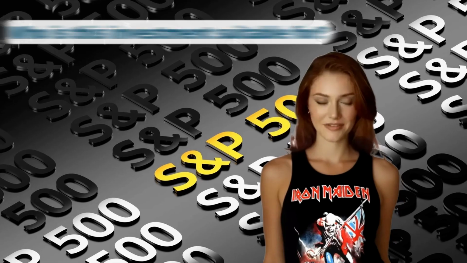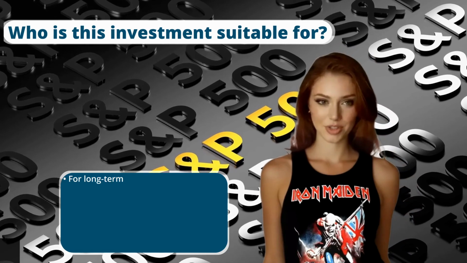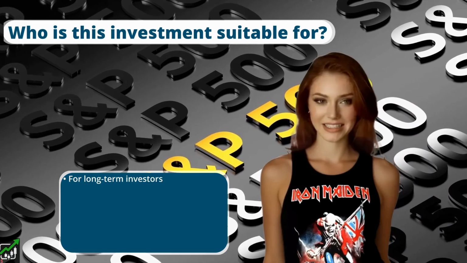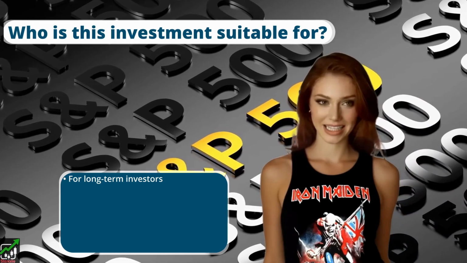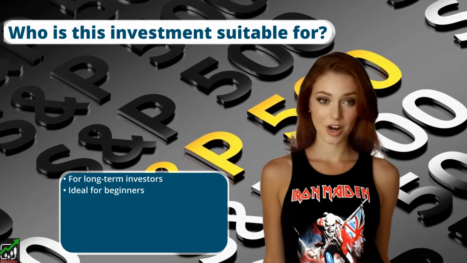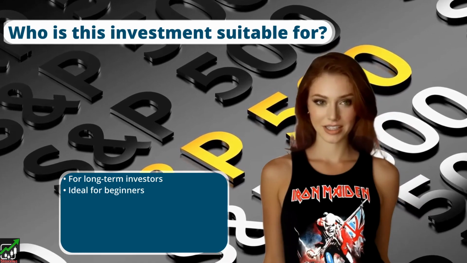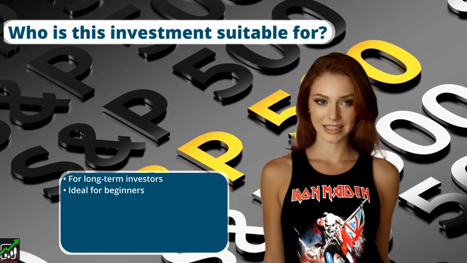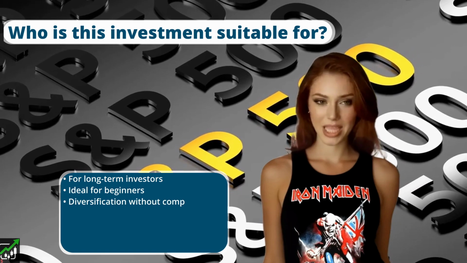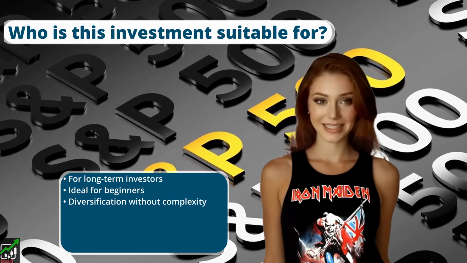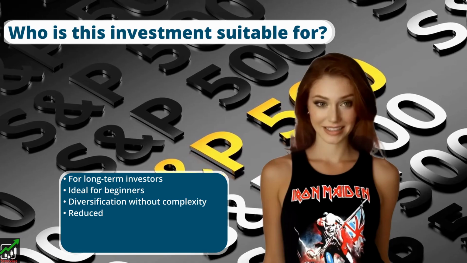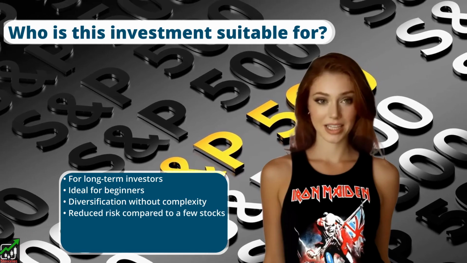Investing in S&P 500 ETFs is mainly suitable for those who think long-term and want to invest in a tool that tracks the largest companies in the United States. It is ideal for novice investors because you do not need to select individual stocks nor constantly monitor the markets. It is also suitable for those who want diversification without complexity. With a single ETF, you invest in 500 companies from different sectors,